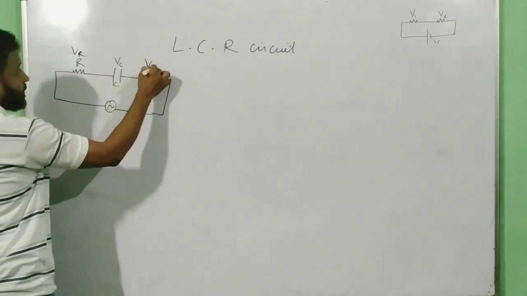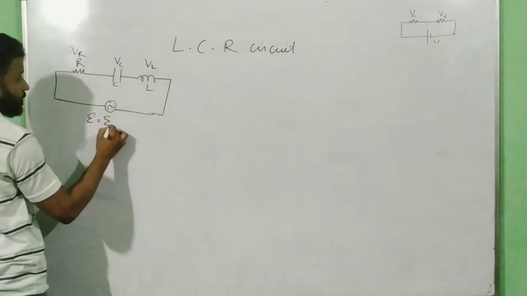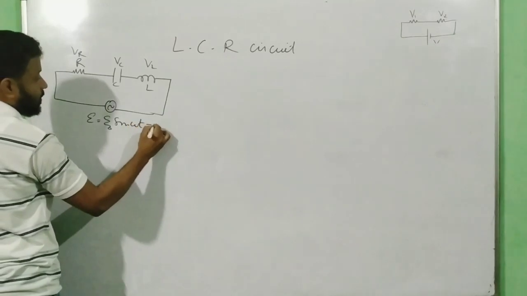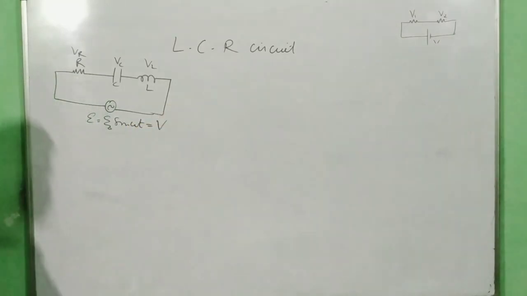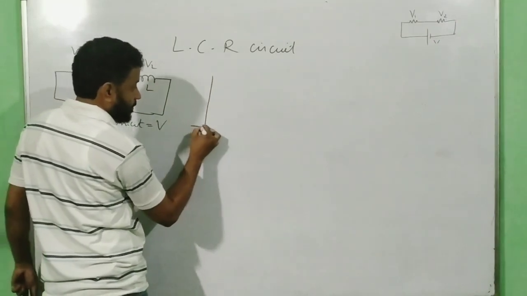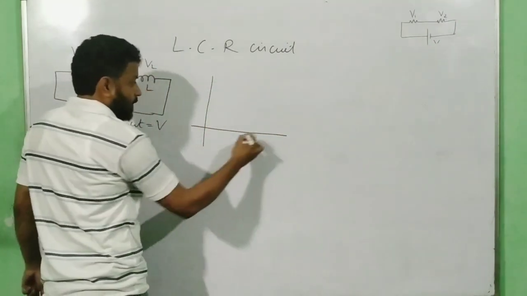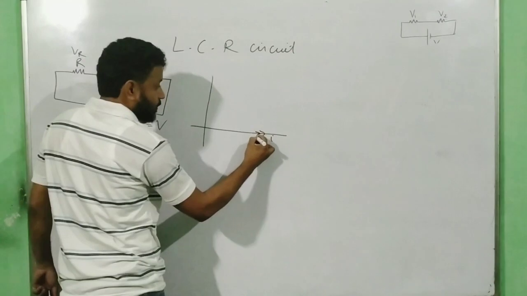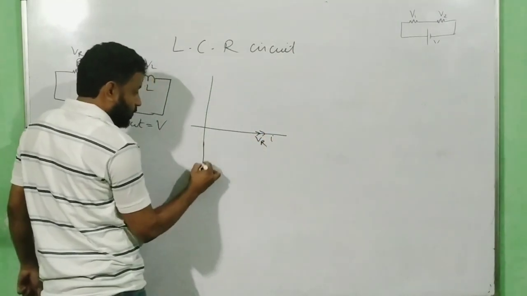VR, VC and VL, and this is your E is equal to E naught sine omega t, which I am calling as V. If I consider this as I, then this will be your VR, VC goes in this side,